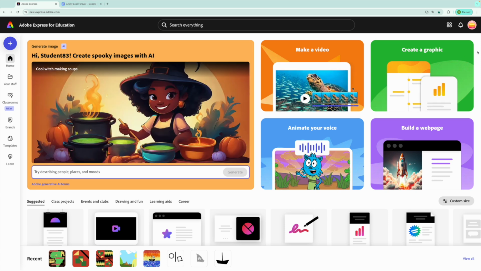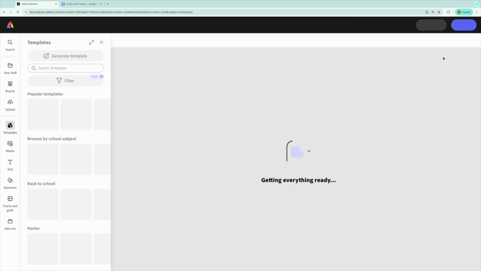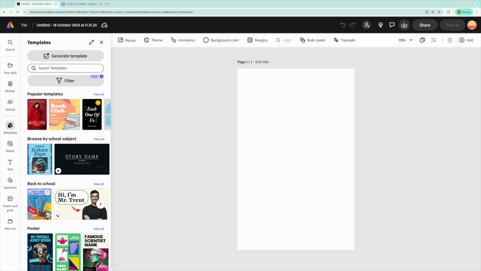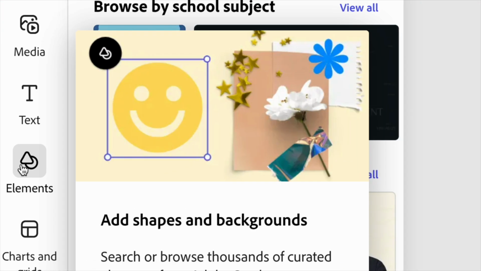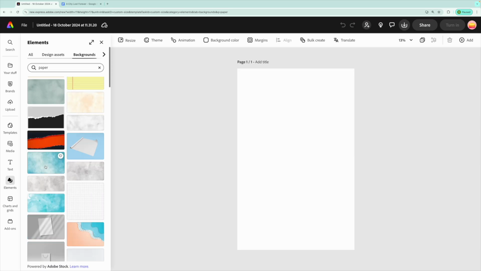Right, to make our newspaper front page, we are going to click on the big green tile that says Create a Graphic, and that's going to open the Adobe Express all-in-one editor. The first thing we want to do is set the mood with a background. So let's click on Elements, and we're going to go to Backgrounds, and let's search for paper and find a